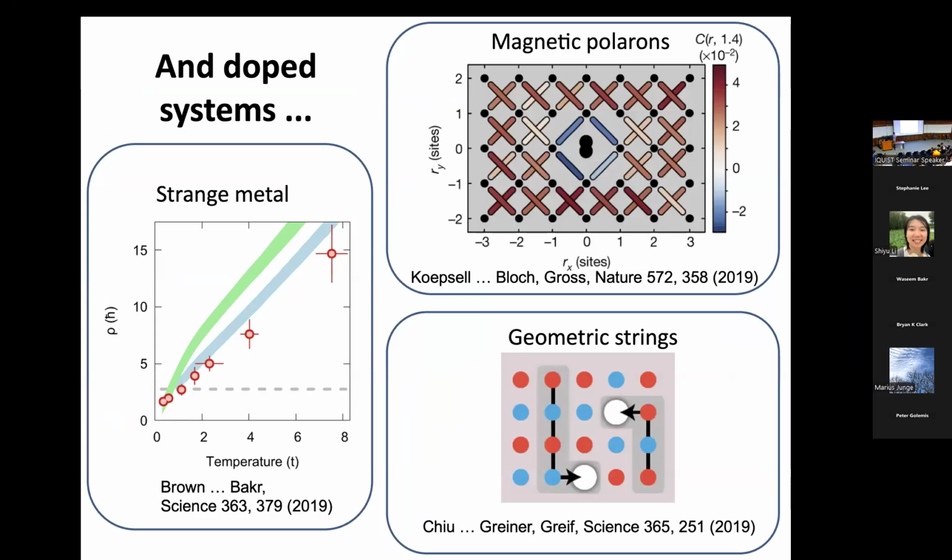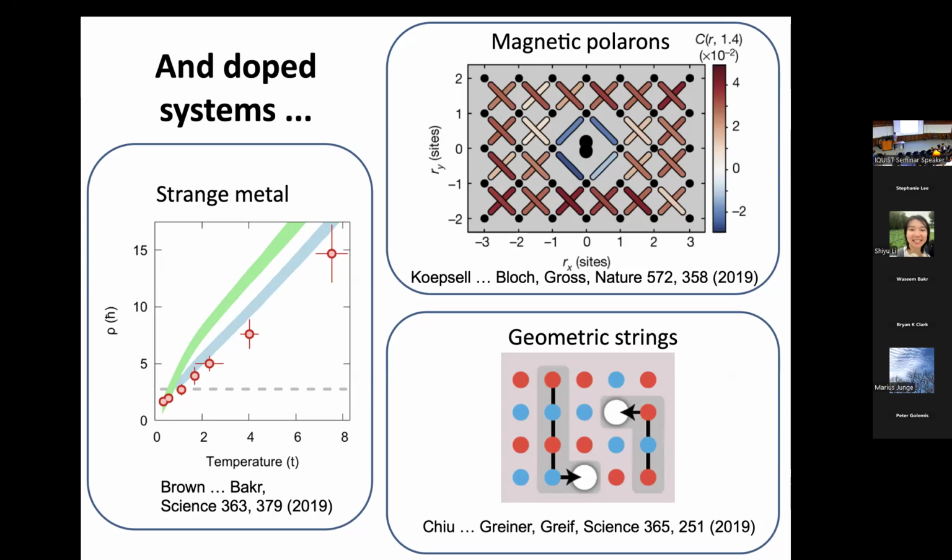Okay, so another thing you could look at is now we start to dope the system. That's the more interesting regime. And a lot of the interesting physics there has to do with the interplay of charge and spin. So you have this background antiferromagnet, which can form in the system, and then you can dope it a little bit. And you can see how, say, a hole moves around in a background antiferromagnet.